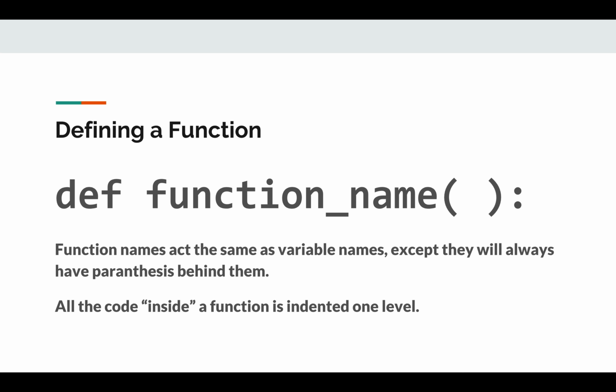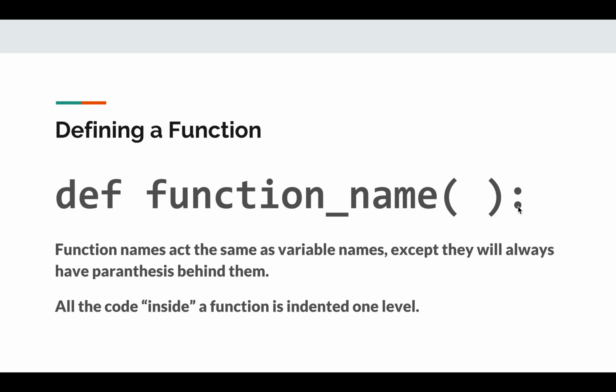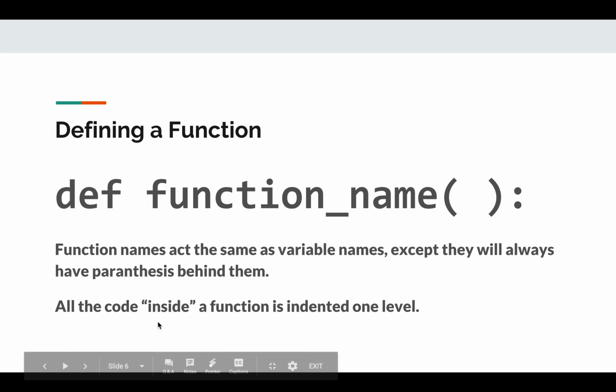So, in your code, if you need to make a new function, you do that with this idea of defining a function. So, you'd say def, and you'd give it a function name. That would be just like a variable name, it can't have spaces and things like that. And then a function gets parentheses behind it. So that's kind of what separates it from a variable, is it has these parentheses. And then we'll get the colons,